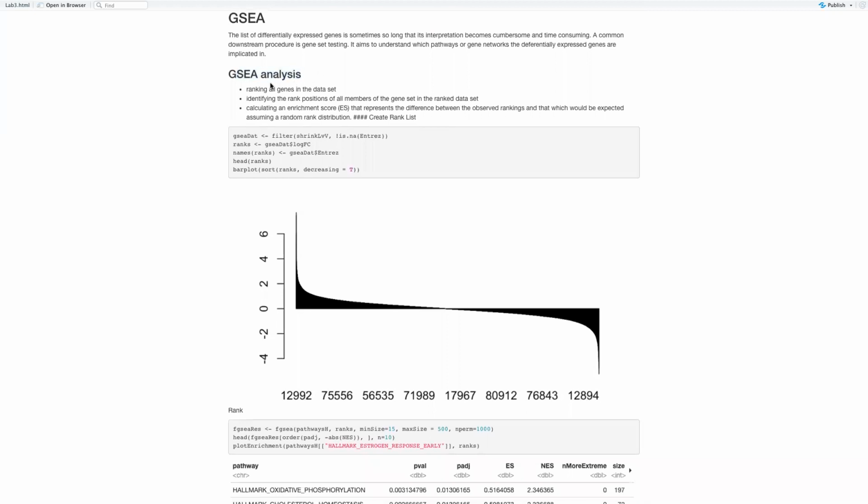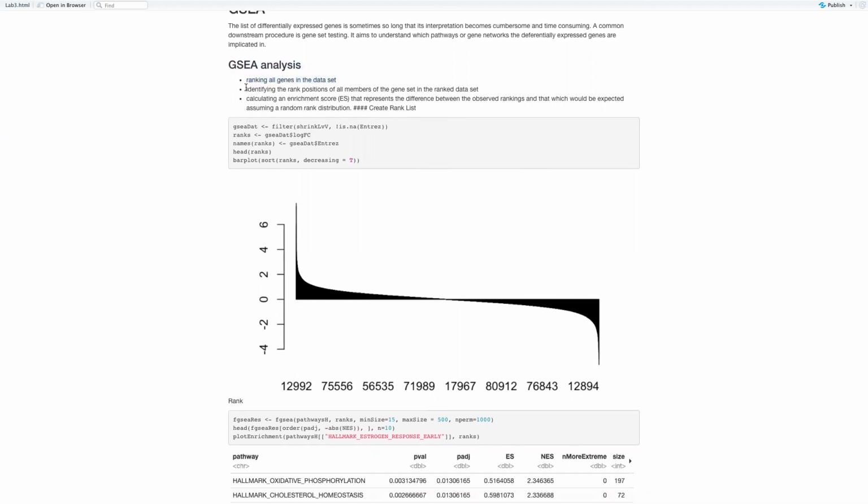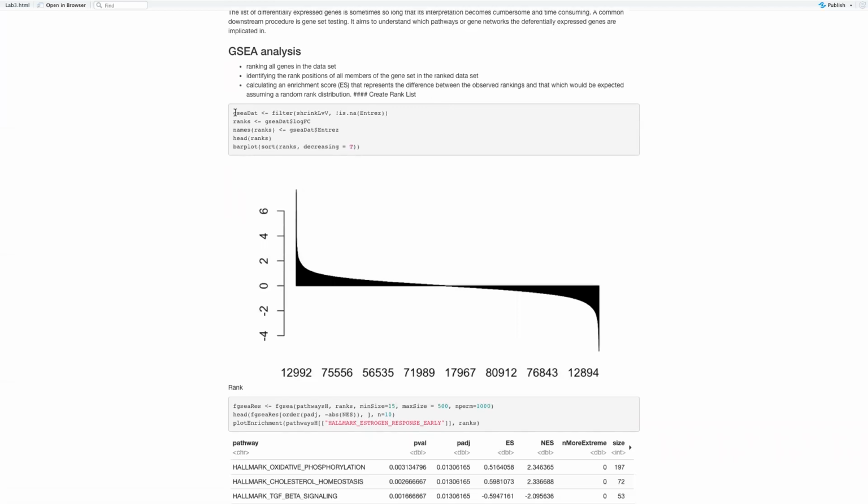So in the GSEA analysis, we need to rank all the genes in the data set based on their log fold change. Maybe you have a cutoff for the p-value, and then based on the log fold change, you rank the genes, and then identify the rank position of all the members of the gene sets in the ranked data set. You calculate the enrichment score, which represents the difference between the observed ranking and that which would be expected, assuming a random rank distribution. So yeah, here you have all these genes and you rank the genes based on this log fold